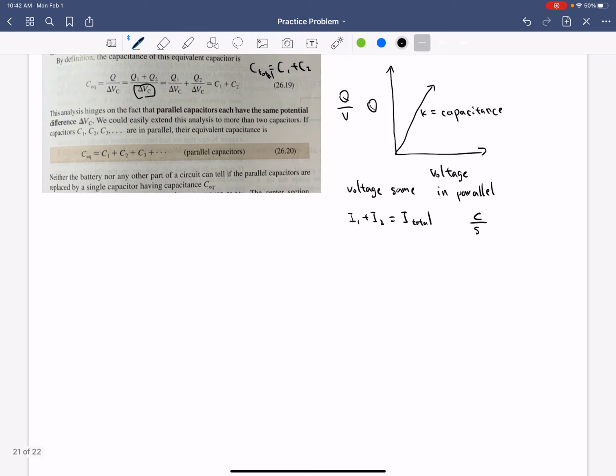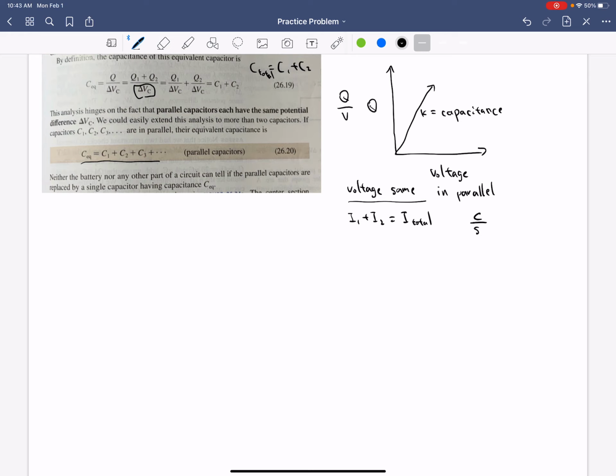This analysis hinges on the fact that parallel capacitors each have the same potential difference. We could, like I said right here, easily extend this analysis to more than two capacitors. If capacitors C1, C2, C3 are in parallel, their equivalent capacitance is this, so this is the equation for parallel capacitors. Neither the battery nor any other part of a circuit can tell if the parallel capacitors are replaced by a single capacitor having